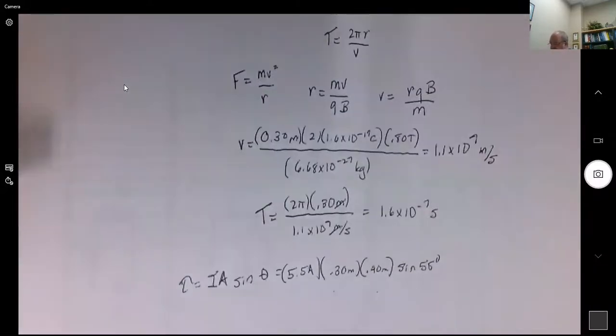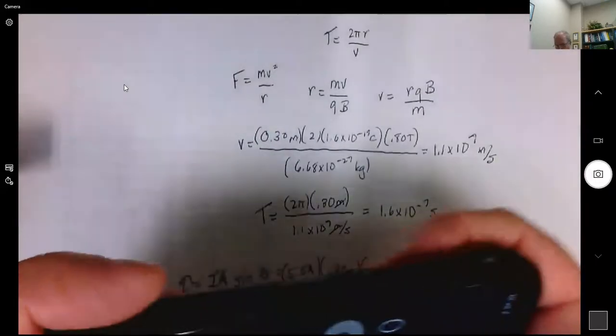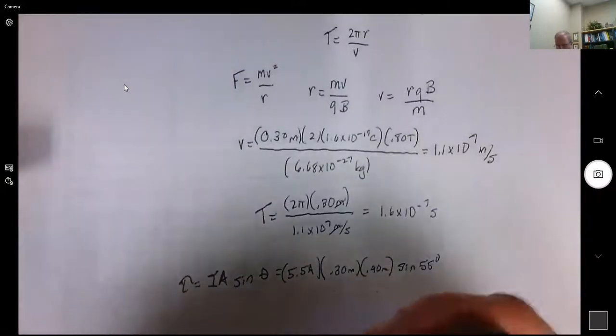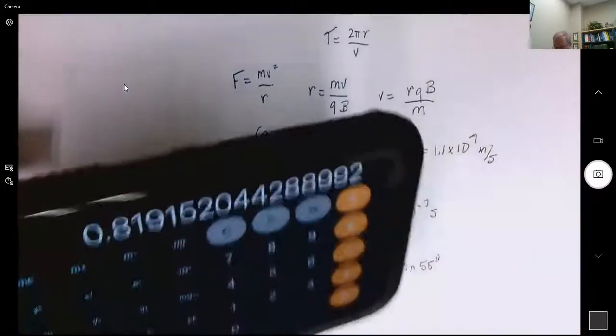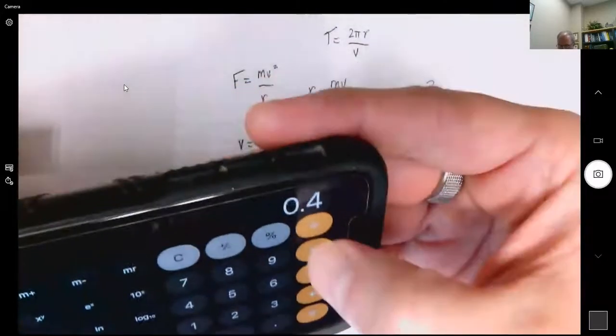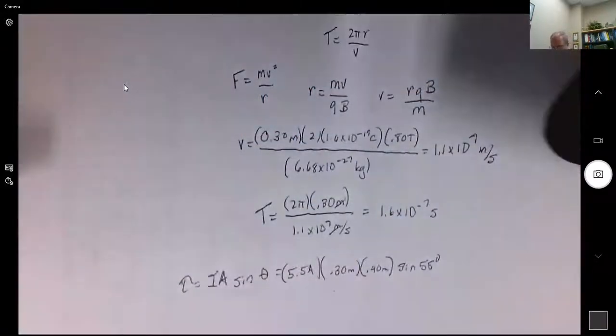Make sure you understand that. So we go ahead and plug in numbers there. We have 55 degrees, take the sine of that, times 0.4, times 0.3, times 5.5, and that gives me a torque